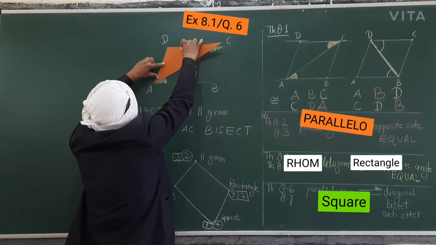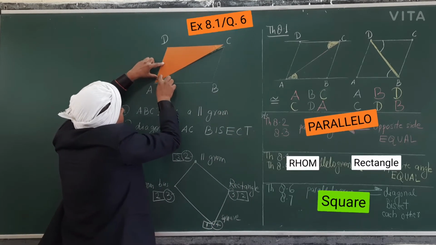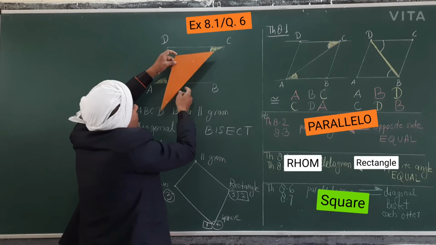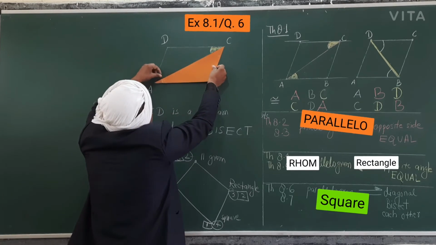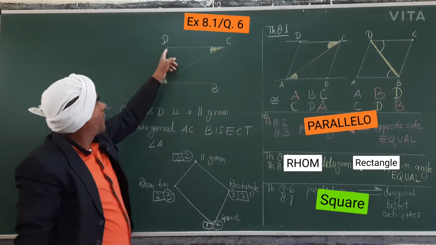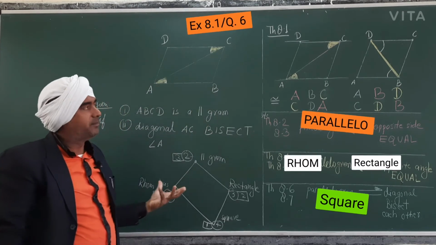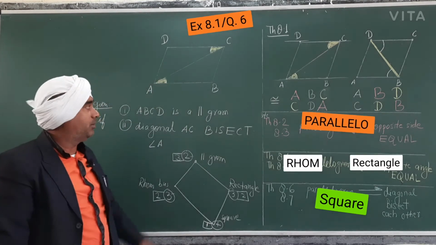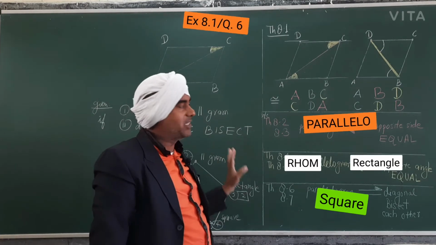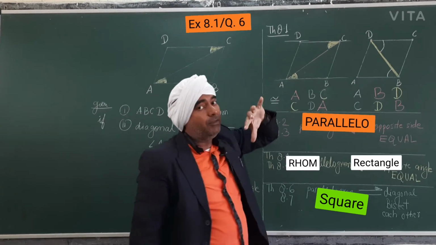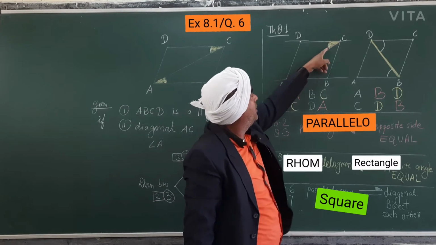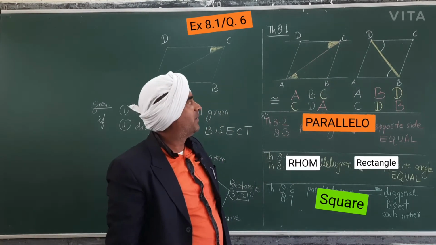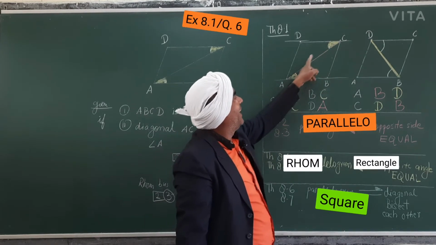Let me measure this one. Equal to this, means I have to place this one on this one. So I have told you DC and AB are parallel and this is intersecting. So this is alternate interior angle, so these are equal. This is the proof of theorem 8.1, which you will see in 8.1. This angle equal to this angle equal to this, and AD is common, AC is common. So AC is common, that was angle side angle.